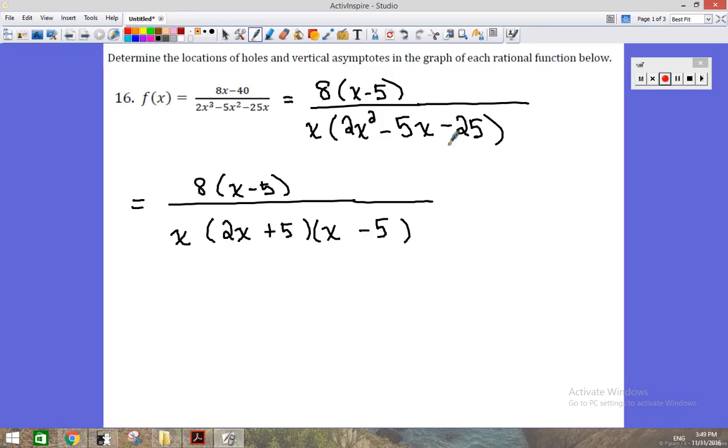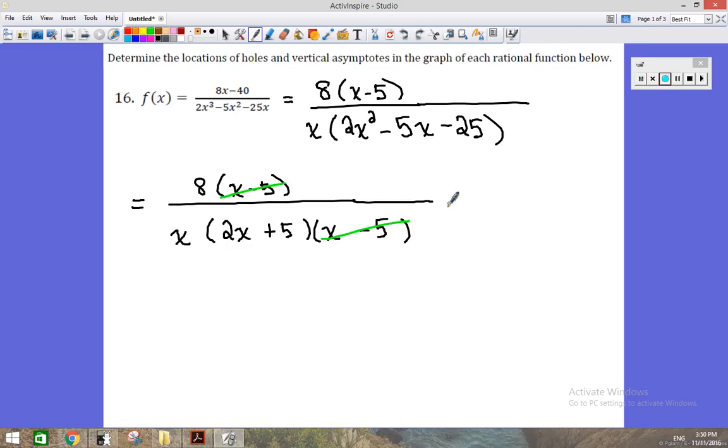Since the last term is negative and so is the middle term, I need these to be positive and negative. The 2 times negative 5 is negative 10, then plus positive 5, that's how I get the negative 5 there. So I can see that I now have it completely factored. I have a factor in my numerator that cancels with a factor in my denominator. My reduced